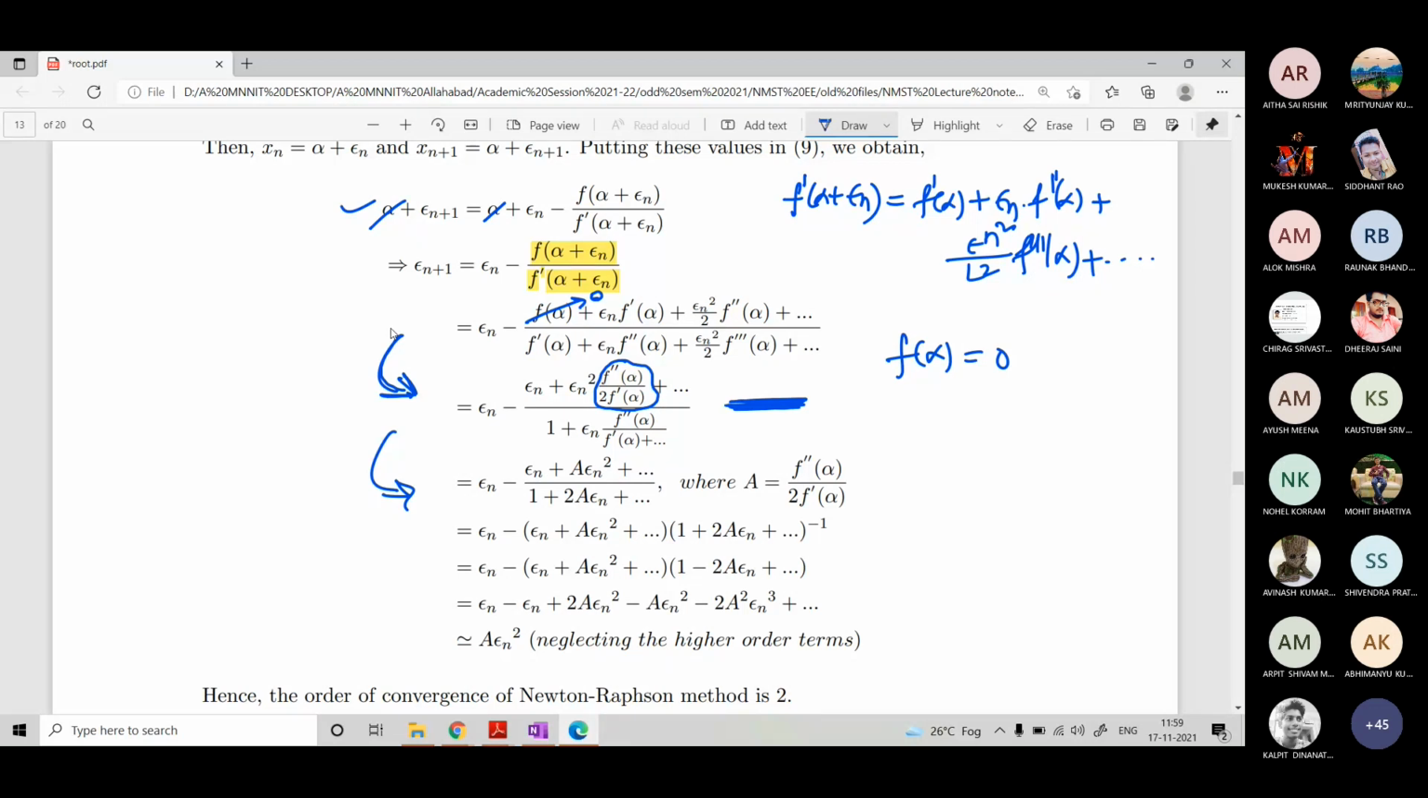Remember, alpha is a fixed value, which is the root. So this will be a fixed value. Yes or no? This will be a constant. Yes or no? A is constant. Yes or no? Yes, sir. So if I mark this as line number A, so from line number A,